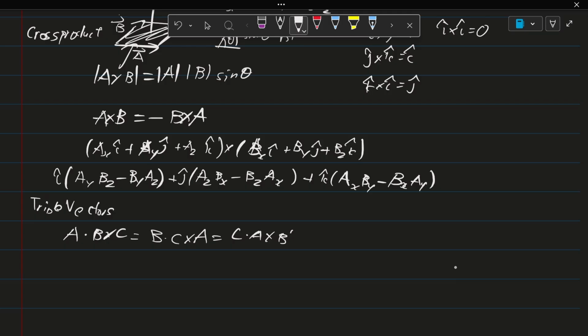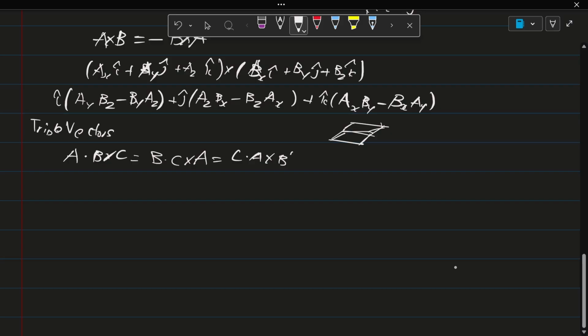And what this is, is that it is just the volume of a parallelepiped, I think. So it's pretty much like a parallelogram, but instead it is within the third dimension. So if you could compute the cross product and the dot product, you could also determine the volume of this three-dimensional object. So after we have talked about the general rules of doing vector analysis, I want to introduce the idea of